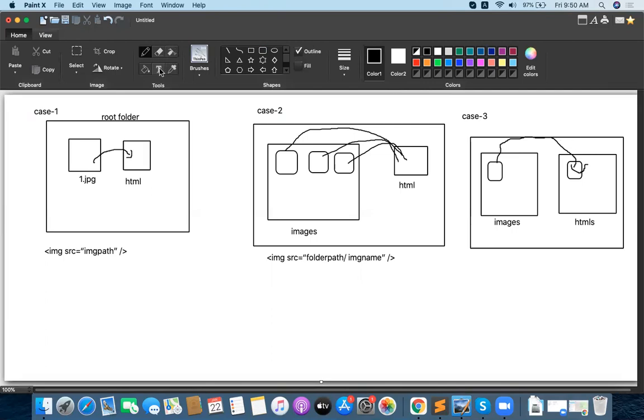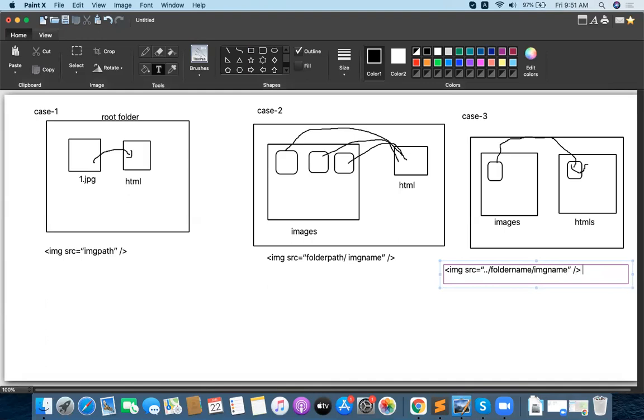In this case, the syntax is very simple and straightforward. You only have to mention double dot backslash. So now I should provide img src equal to double dot backslash folder name backslash img name. That's all that's needed.